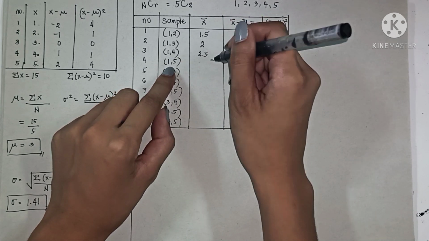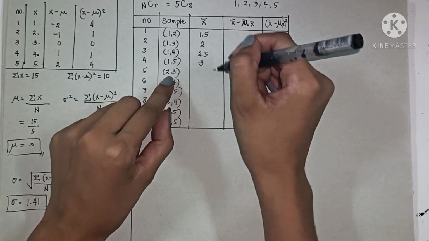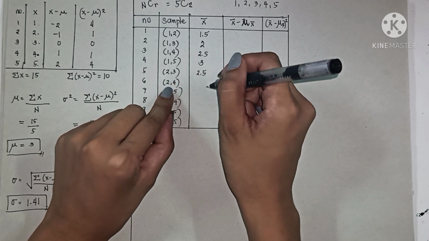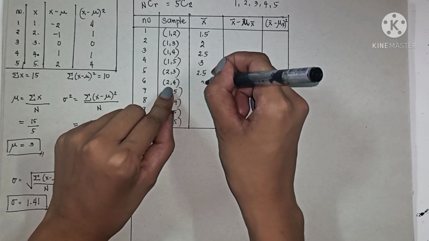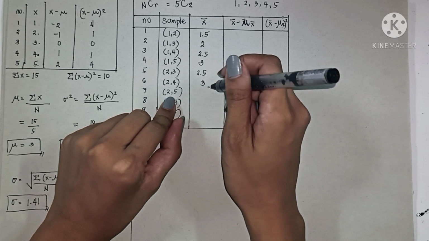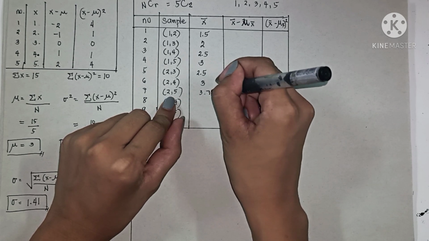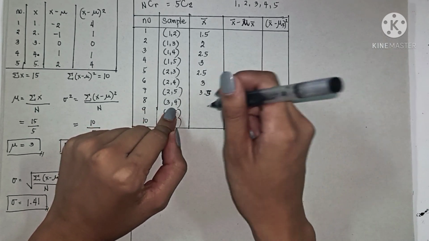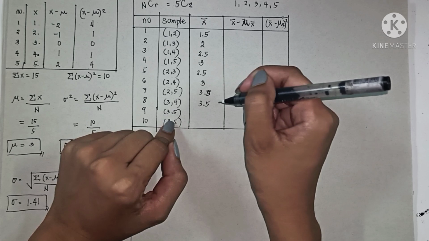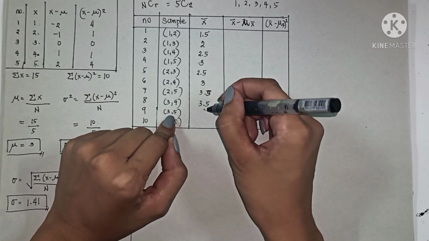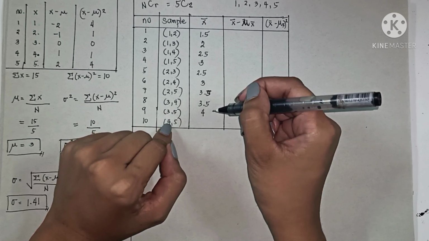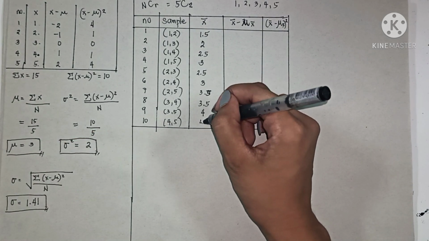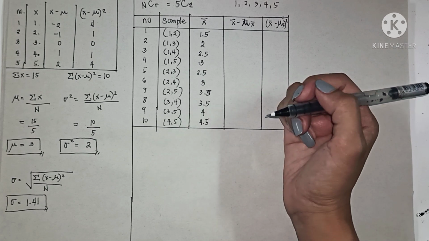1 plus 5 is 6. Divided by 2 is 3. 2 plus 3 is 5. Divided by 2 is 2.5. 2 plus 4 is 6. Divided by 2 is 3. And 2 plus 5 is 7. Divided by 2 is 3.5. 3 plus 4 is 7. Divided by 2, that is also 3.5. 3 plus 5 is 8 divided by 2, that is equal to 4. And 4 plus 5 is 9 divided by 2, and that is equal to 4.5. Okay, so